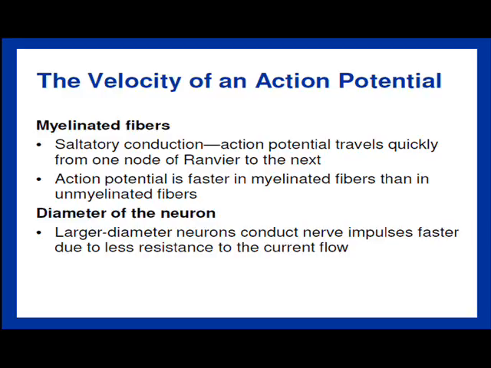Okay? The diameter of the neuron also plays a part as well. The larger the diameter of the neuron, the faster the action potential, because there's less resistance to flow. So for instance, a fast twitch muscle fiber has a larger diameter neuron compared to a slow twitch muscle fiber, and that would make sense. Fast twitch, rapid force. So large diameter neurons, which in our case would be the fast twitch muscle fibers that come up early